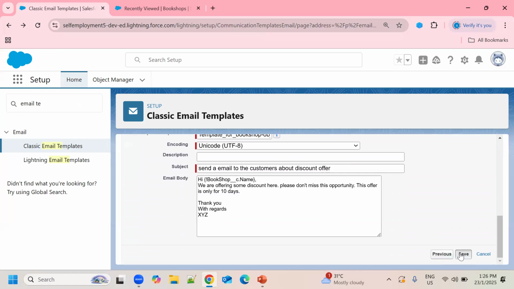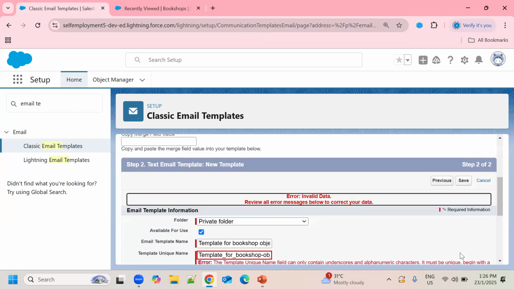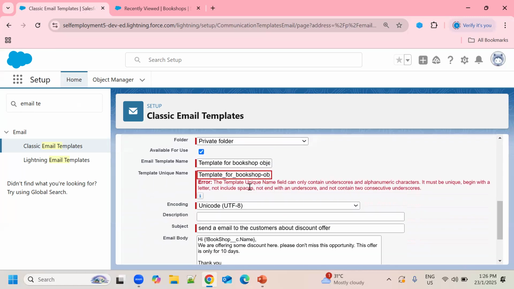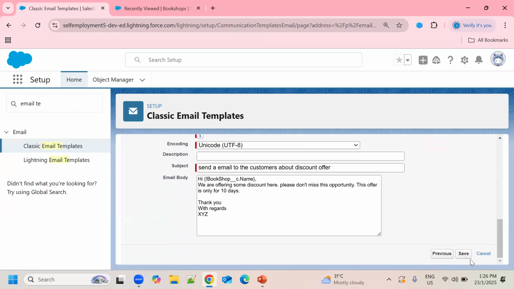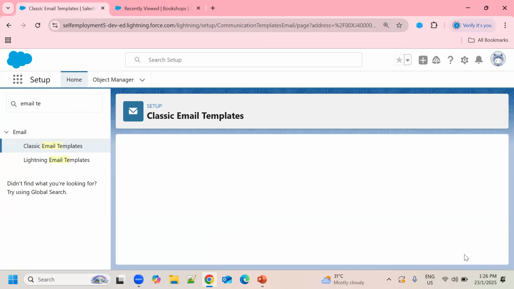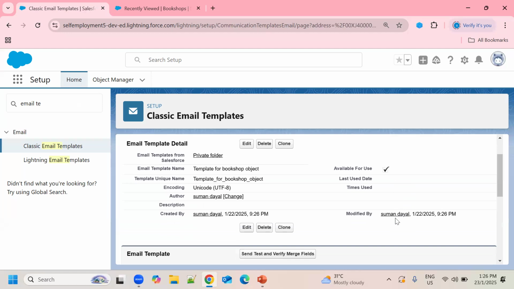Just click on save now. Now what happened? This template name is unique. Okay, I put a hyphen here, I need to put an underscore. Yes. Okay, so in this way we have created our email template, right?